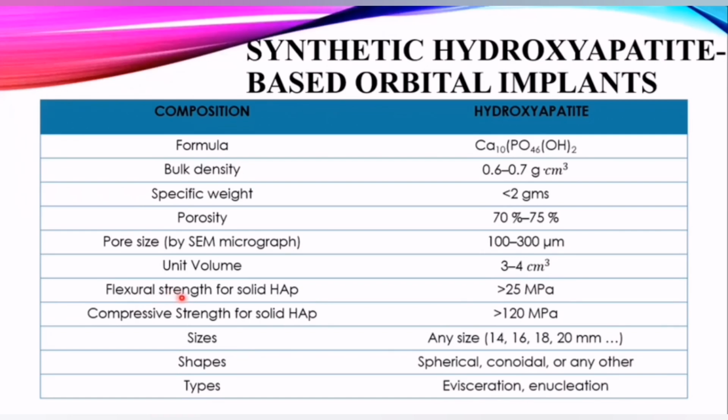The flexural strength for solid hydroxyapatite is less than 25 megapascal. The compressive strength for solid hydroxyapatite is also less than 120 megapascal. The size can be any size, for example 14, 16, 18 or 20 millimeter. The shapes are spherical, conical or any others. The types of hydroxyapatite implants are for evisceration or